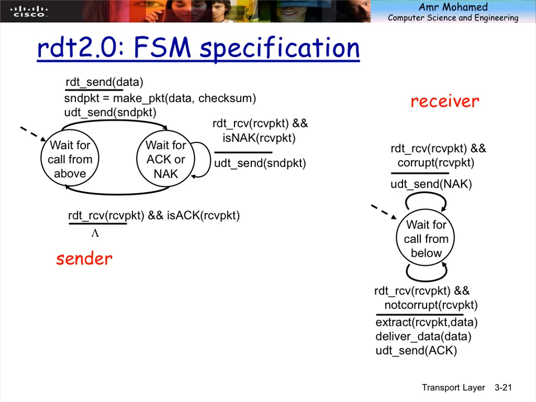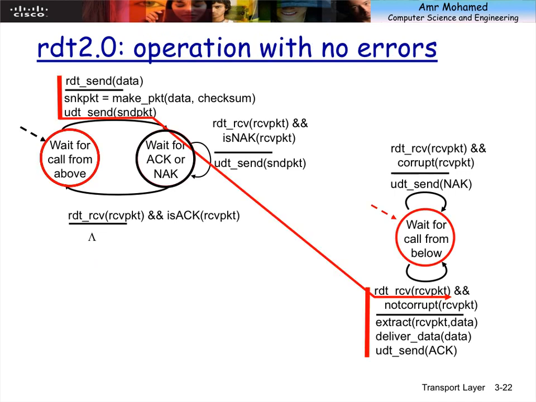Of course, any transport layer will have both of those finite state machines, because every transport layer can work as a transmitter and a receiver. In fact, every socket connection has both, because it's bidirectional, right? So TCP has bidirectional communication by default. So both finite state machines will be working simultaneously.